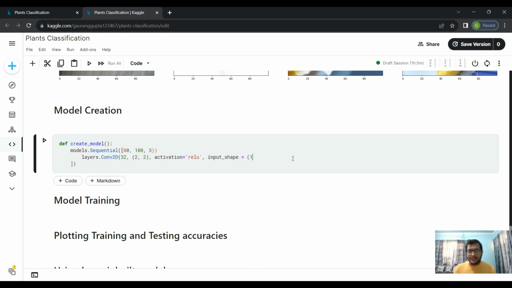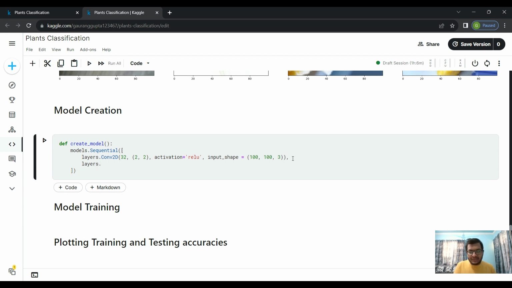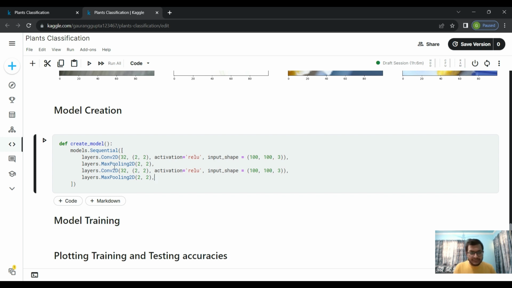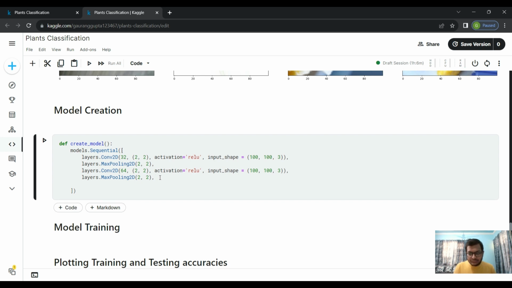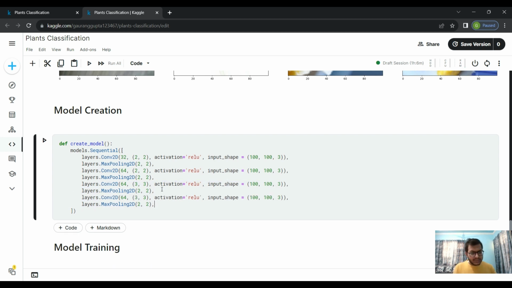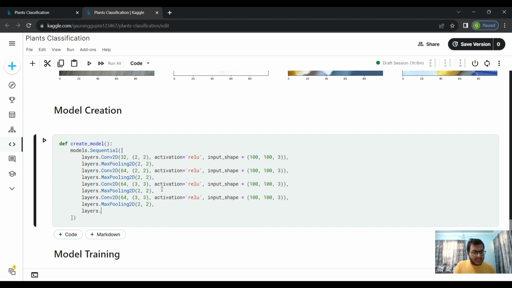Then layers.MaxPooling2D(2, 2), then copy these, Control C, Control V, change this 32 to 64, then again copy it, 64, and change it to 3, 3, copy it, paste it, then layers.Flatten,